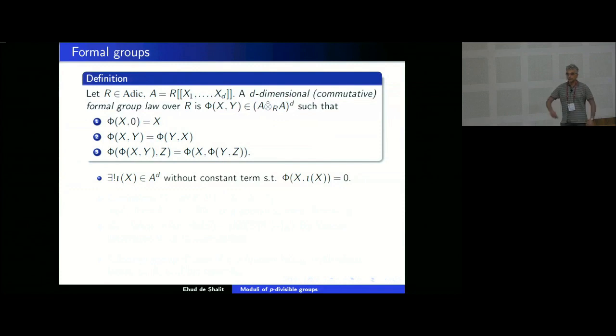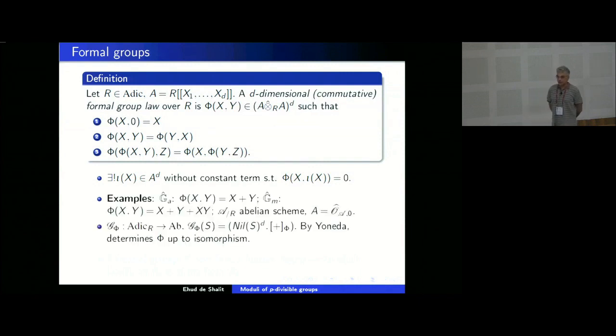This allows you already to substitute power series iteratively, one into the other. Then 2 and 3, of course, mirror the requirements for commutativity and associativity. Now you may ask, why didn't I include the existence of an inverse? Because that's a formal consequence. It's a very easy exercise. You just build it term by term.